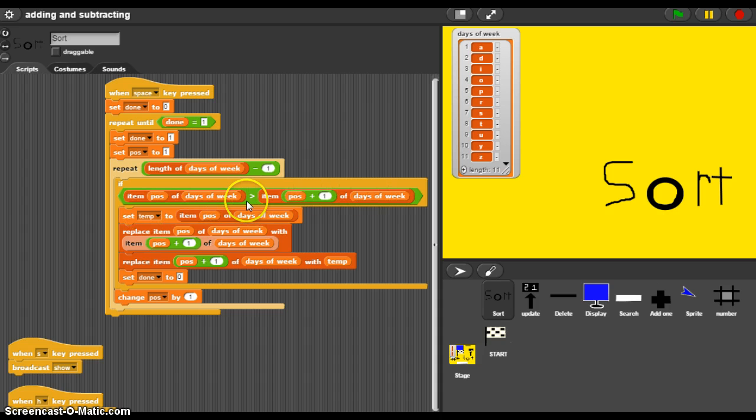My if statement is, so the if statement is if item position, which is right now first time, equal to 1, is greater than item position plus 1, so 1 plus 1 is 2, is greater than that of days of week, which is my list. So if A is greater than D,